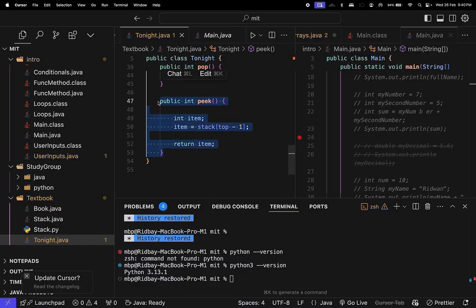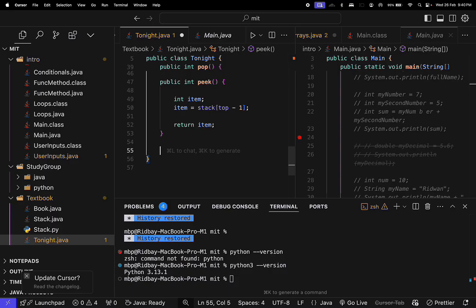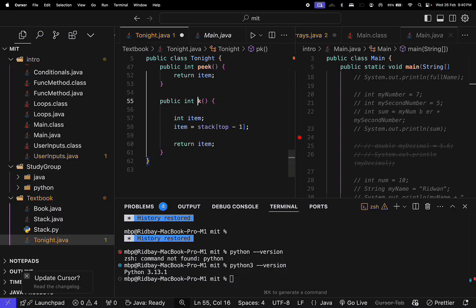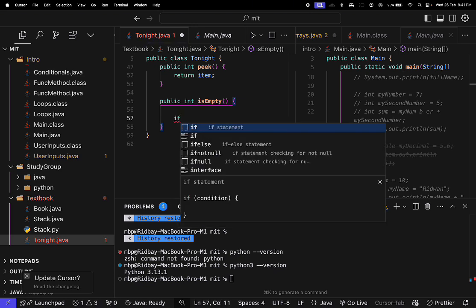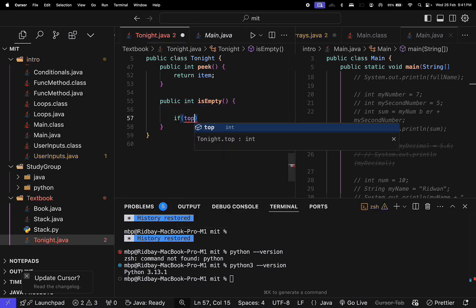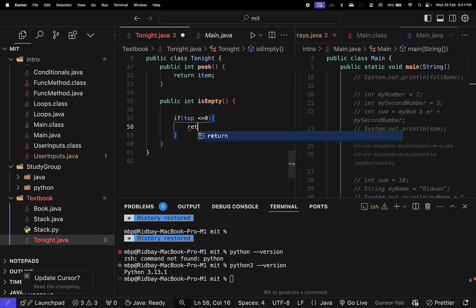Then let's do Boolean. So this is going to throw an error actually. So let's say what they have is empty, exactly the way it is in the book. What is it doing? This is a lot though. Okay, let's write it out. So inside the book on page 6, they are saying if. Normally if you are reading a programming language, you can just read it like normal English so that it makes sense. So this is saying if top is less than or equal to 0, then return true. Else